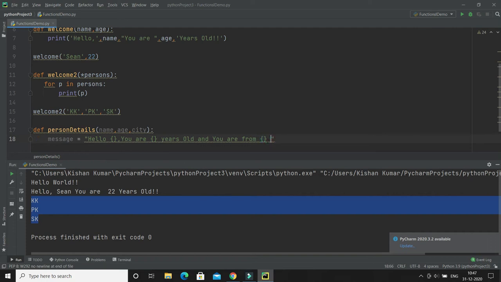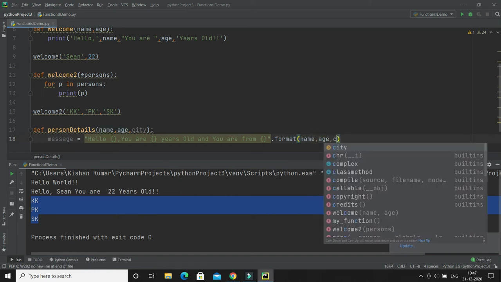And of course I need to call the format method, which belongs to the string class. The first placeholder should be substituted by name, the second by age, and the third by city. So I would pass name, age, and city.